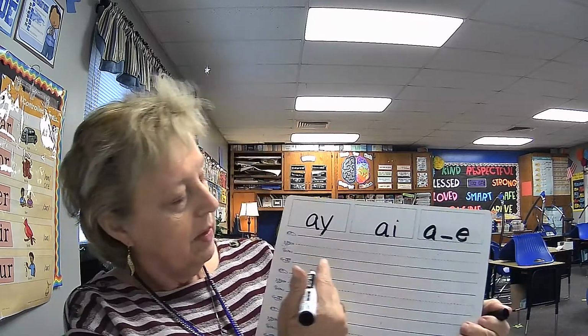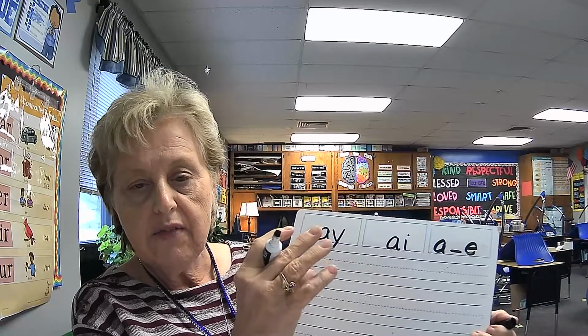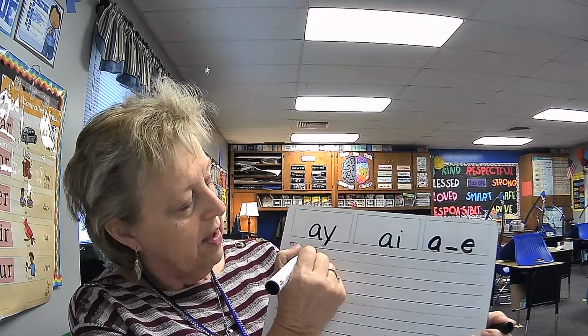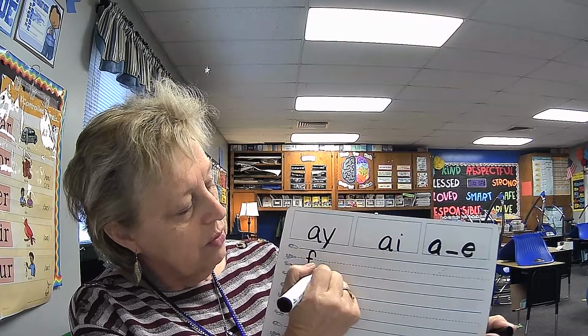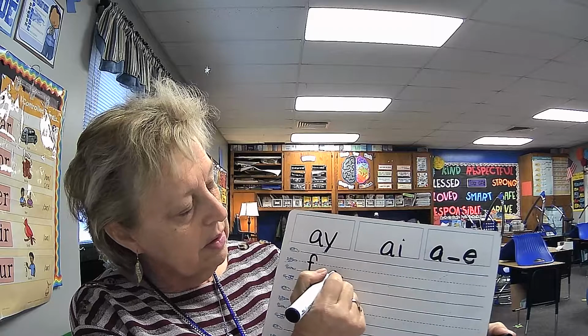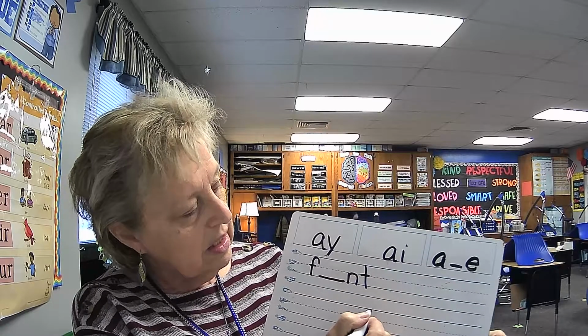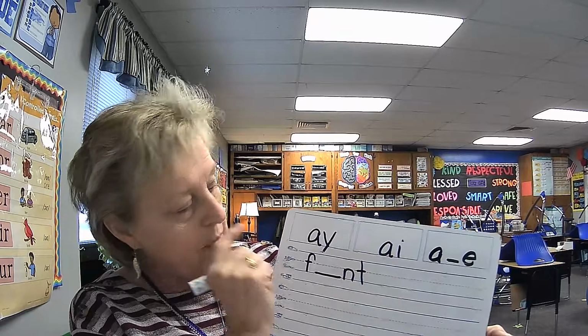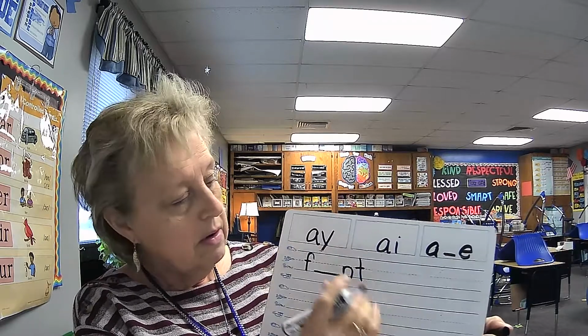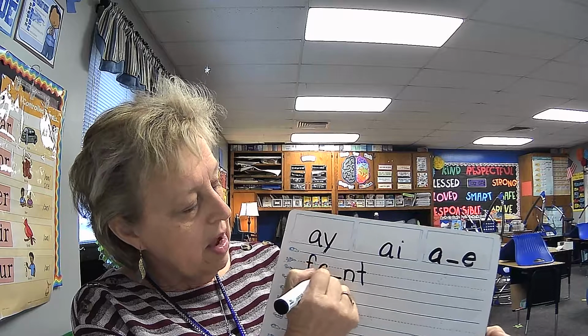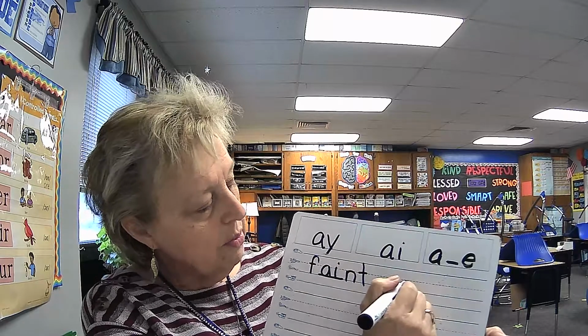Echo me. Fainted. When the girl was sick, she fainted. We'll start with faint. Faint. Faint. So, ooh, the long A sound is in the middle. Faint. What do you think? Would it be? Well, it can't be A-Y. Would it be with A-I? Or would it be,